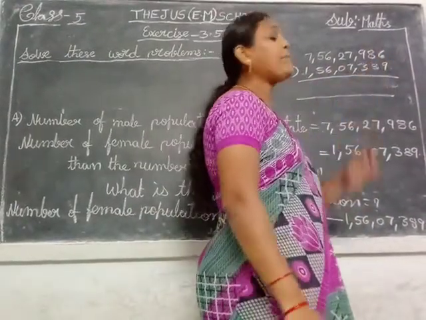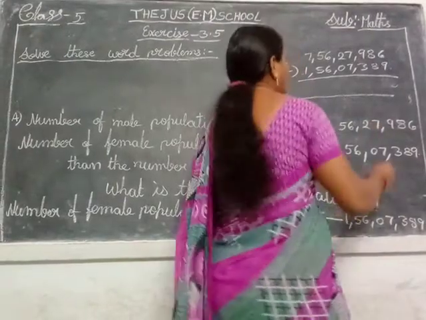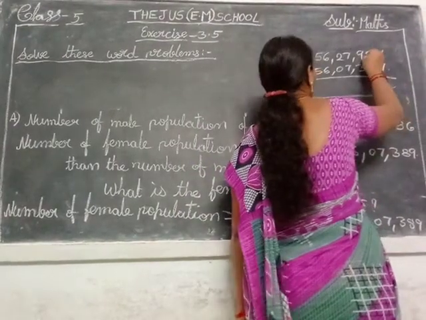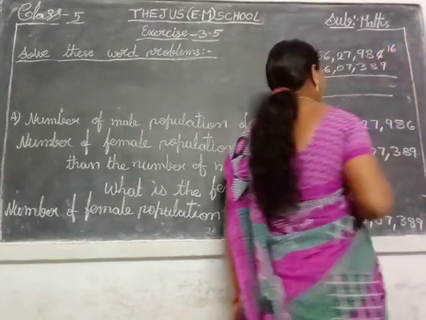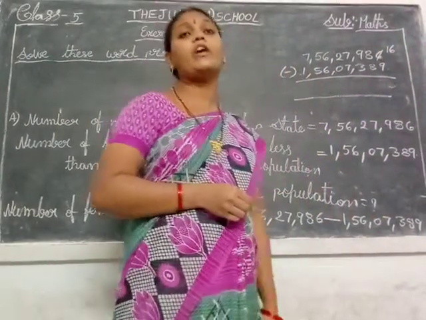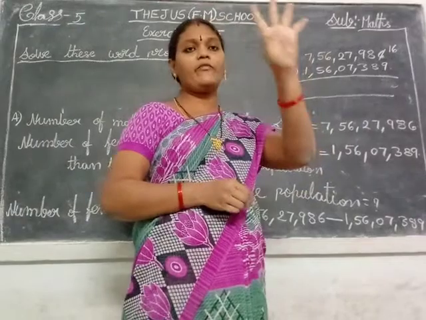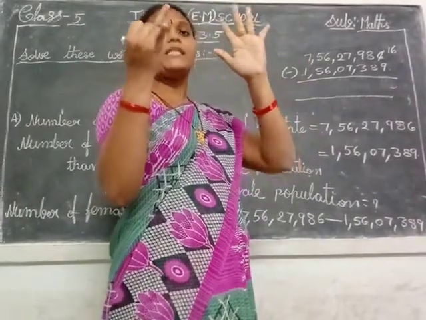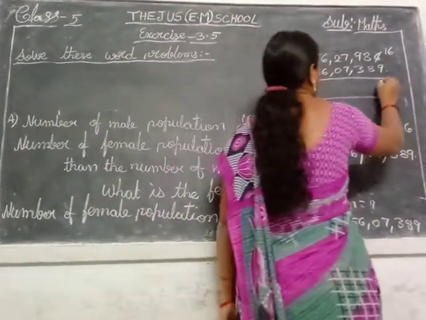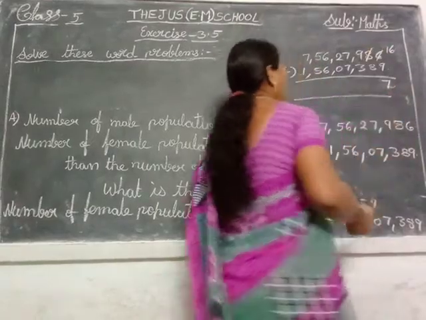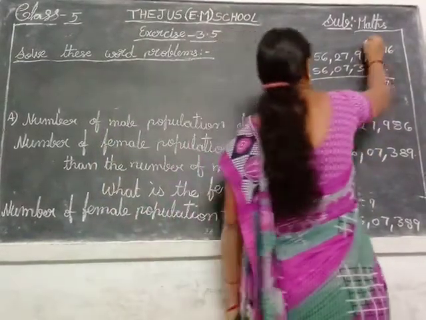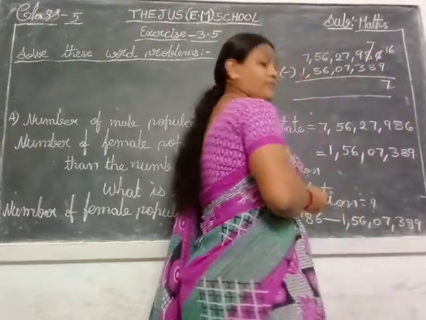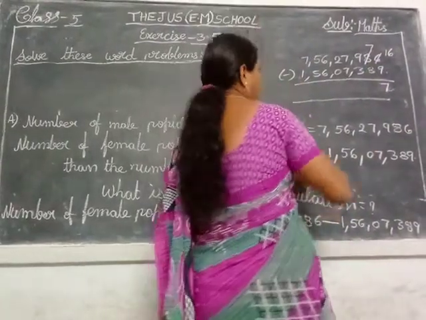6 minus 9, possible children? No. So this 6 takes borrowing from the 8, one number. That one means 10. 10 plus 6 is 16. 9 after 10, 11, 12, 13, 14, 15, 16. 7 fingers are open. So right here 7. This 8 has already given one number by borrowing, so remaining 7. 7 minus 8, possible children? No. So this 7 is taken